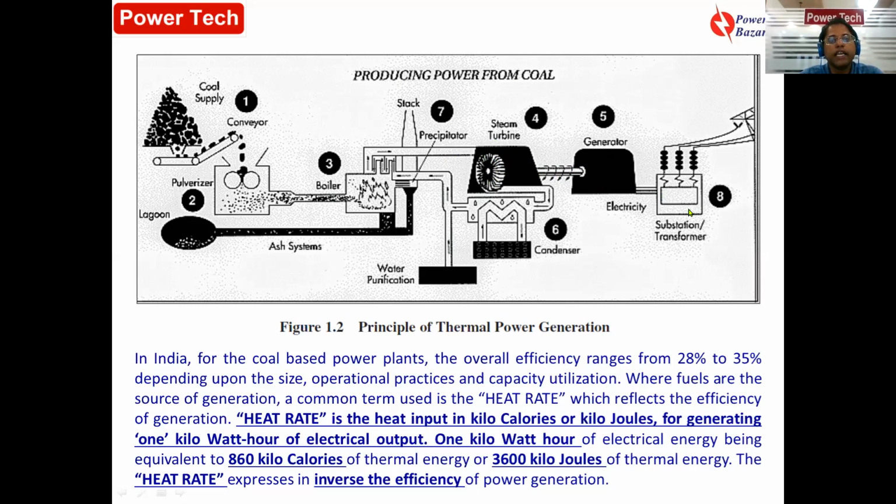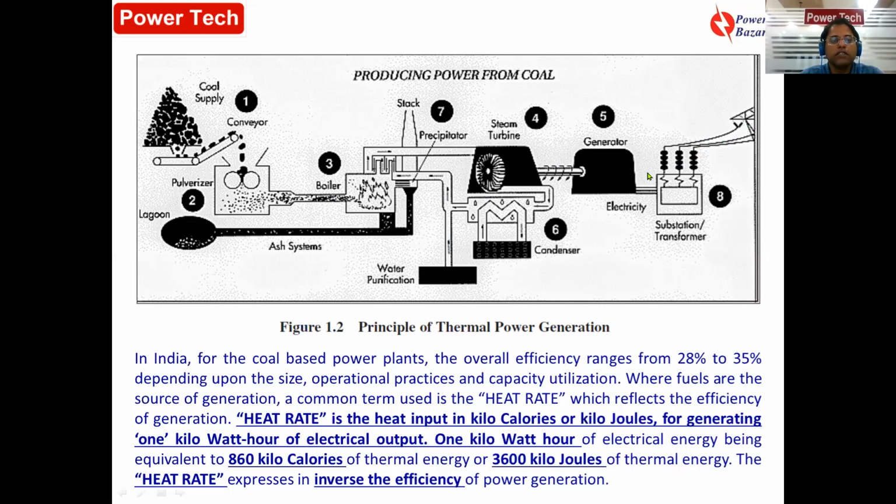This is the generating end transformer or substation transformer. The generation is at 11 kV or 15 kV. It is stepped up to a higher voltage, maybe 33 kV, 220 kV or 130 kV. It is transported using lattice galvanized tower structures, so that this power can flow to the load center, which is at a very large distance.